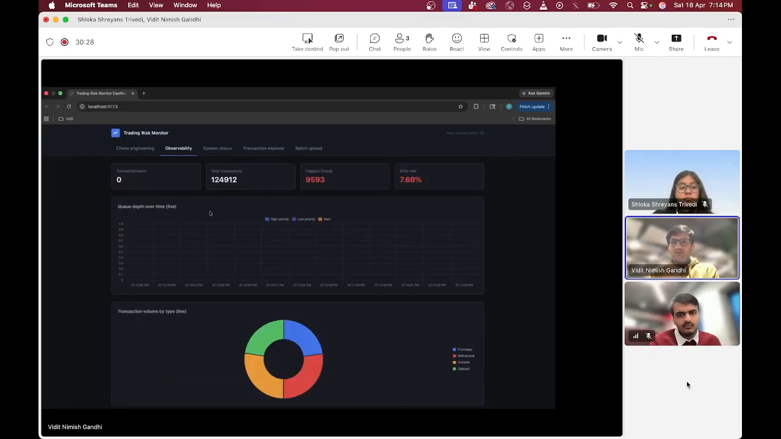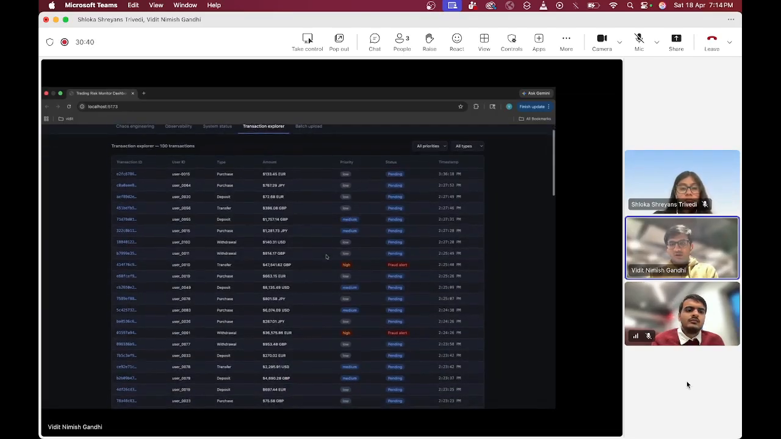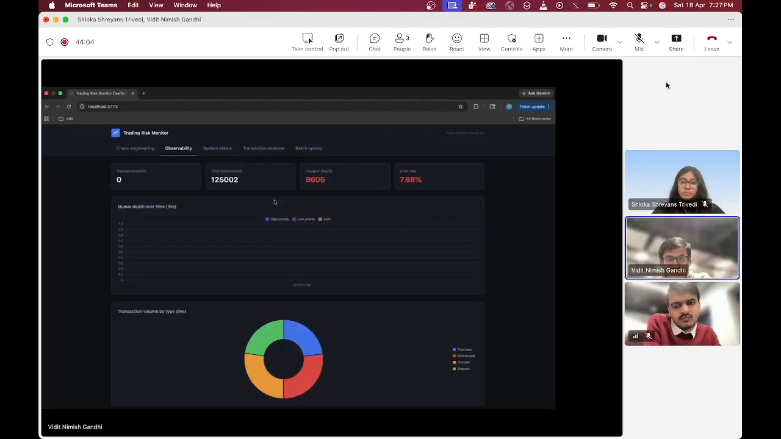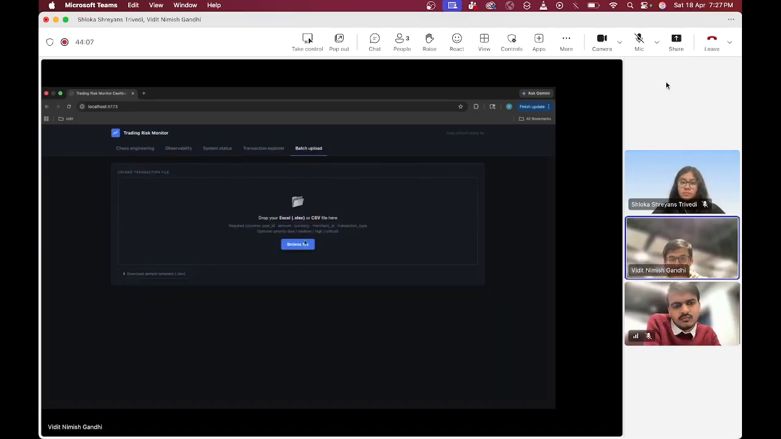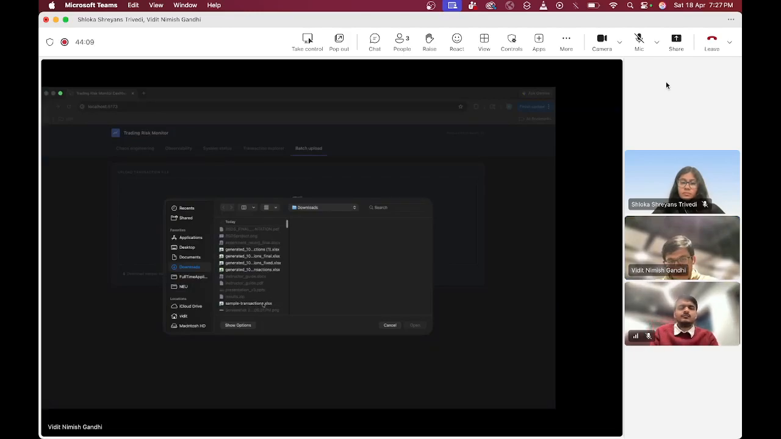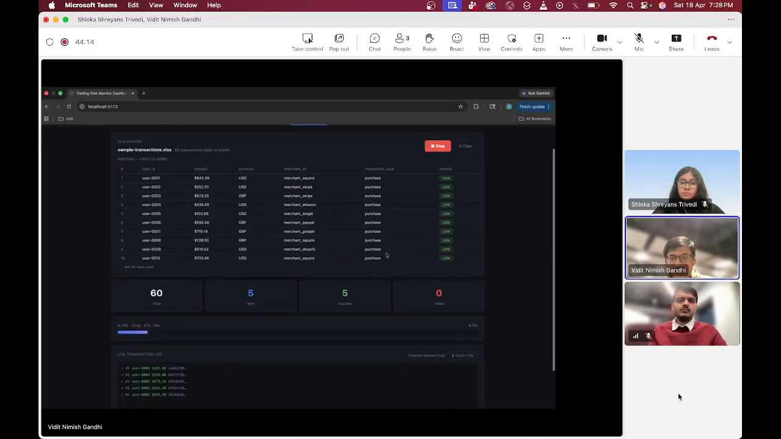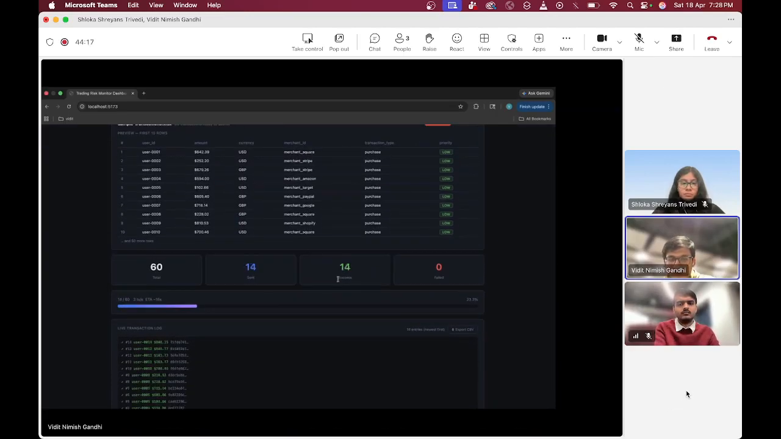This is the observability tab, where we can see the transactions done today, the number of flagged transactions, and the error rate according to the flagged transactions. We also have the transaction explorer, where we can explore the latest 100 transactions. We can upload this file here and submit these transactions. We can see that we are getting all success responses, and the trader doesn't have to wait for the transaction